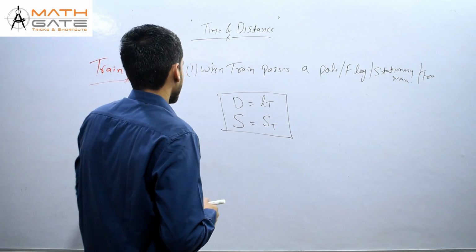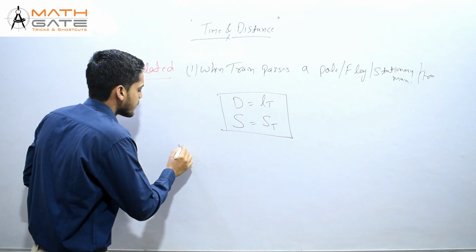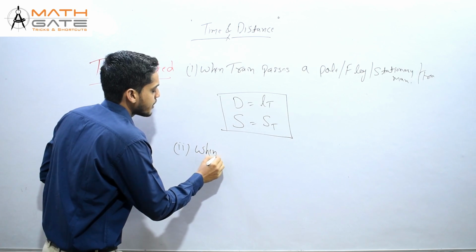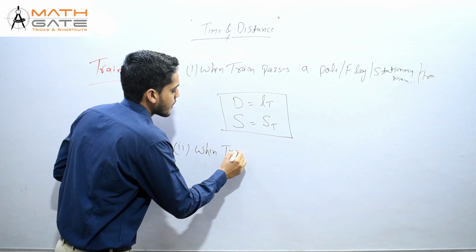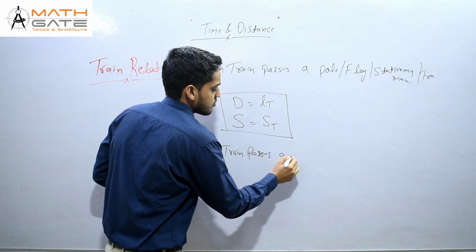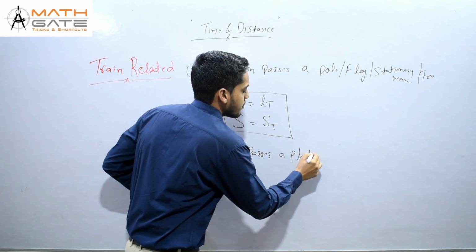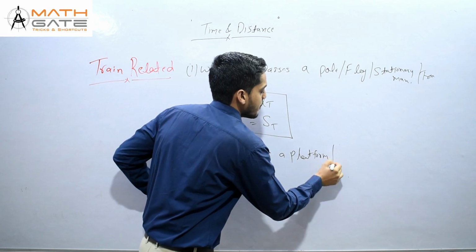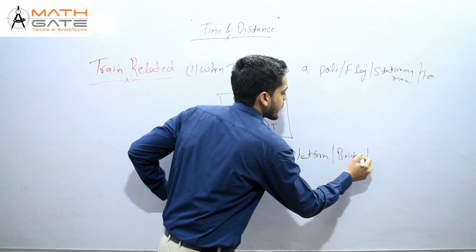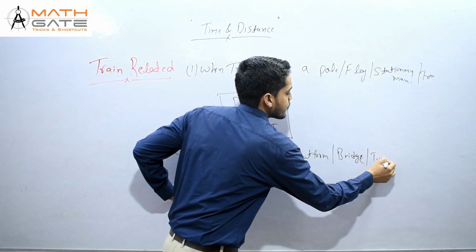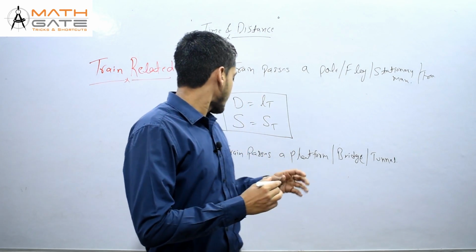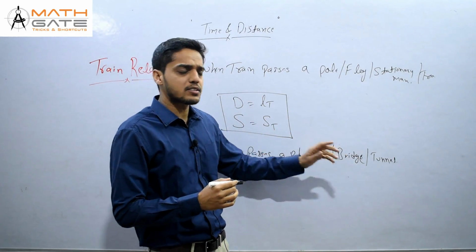So in the second case, when train passes a platform, bridge and tunnel, platform with tunnel. So here I want to tell you that here the train is passing an object